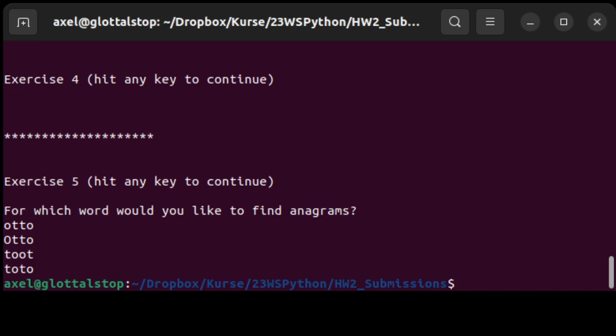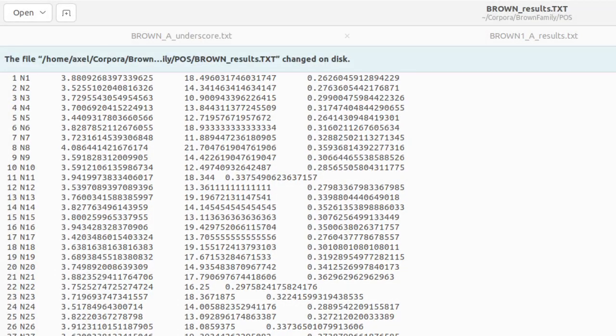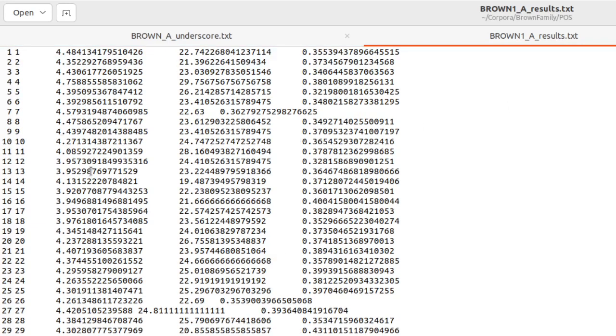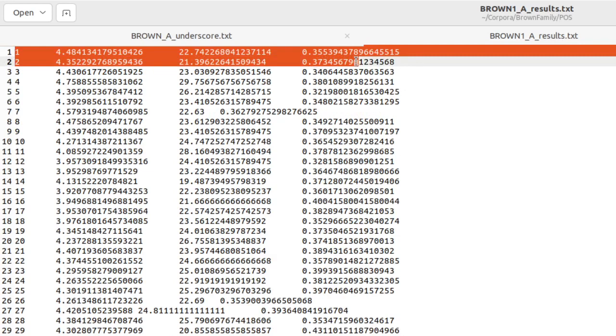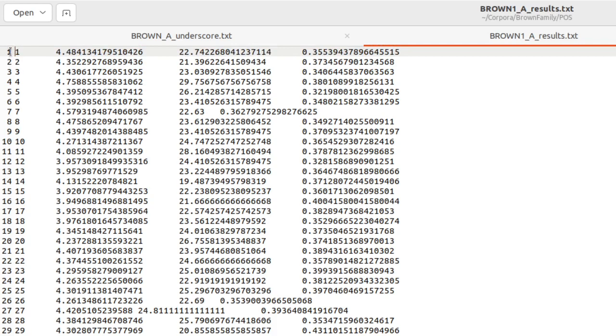Okay, really briefly, let's look at the 2 result files that we printed to. Let's first look at the general one. Brown 1A results has 4 things per line, right? A numerical identifier for the file ID. This is probably the hardest one to figure out how to get at, because it's not hard coded into the data. You'll need to find a way of representing it. And then the mean word length, sentence length, and I think type token ratio is the third thing